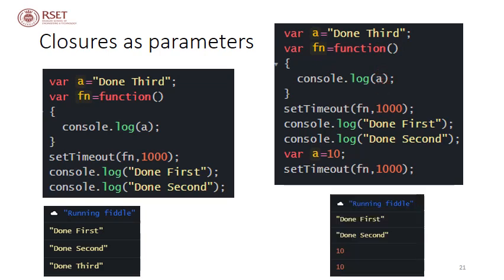However, when I looked at the output, I got this output: done first will be printed, done second will then be printed, and then this a value will be assigned the value 10, and then that latest value of a will be passed to this function fn, and that particular environment is preserved and that value will be taken up, and that will be printed by the first set timeout function as well as by the second set timeout called to the function fn. So both of them will print the value 10.